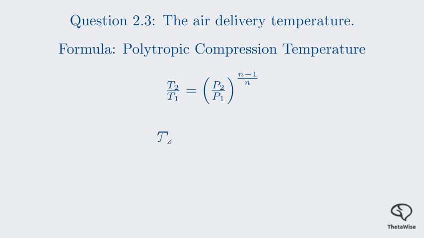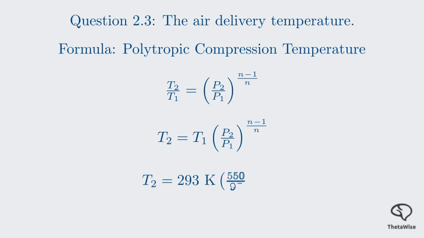We need to solve for T2. Rearranging the formula, we get T2 equals T1 times the ratio of P2 over P1, all raised to the power of n minus 1 over n. Now let's substitute the known values. The intake temperature T1 is 293 Kelvin. The pressures are P2 is 550 and P1 is 97 kilonewtons per square meter. The polytropic index n is 1.3. Calculating the exponent first, 1.3 minus 1 is 0.3, and 0.3 divided by 1.3 is approximately